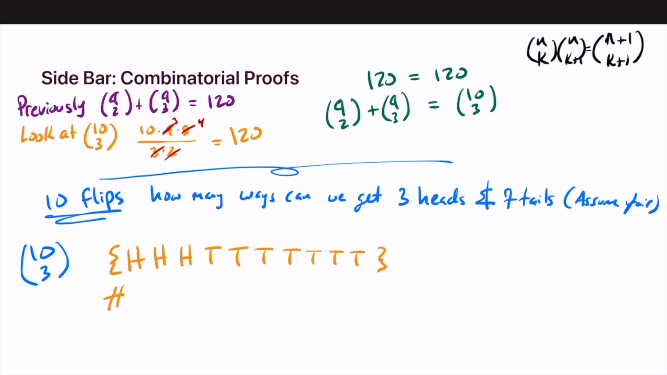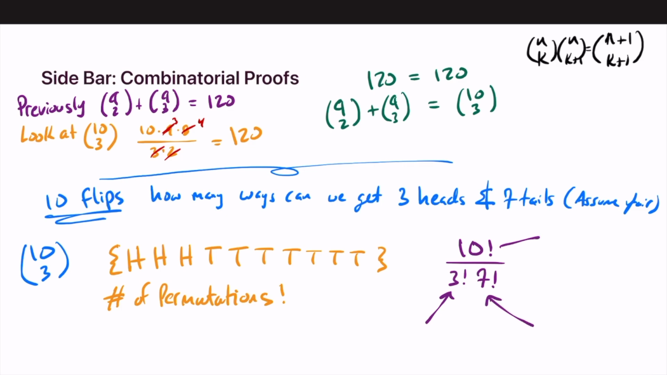These are the number of permutations. And if we take the 10 choose 3, we can see it in equation form, which might make a little more sense. So 10 over 3 factorial, 7 factorial. So what does this mean? Specifically the 7 and 10 and the 3. So 10 factorial is the